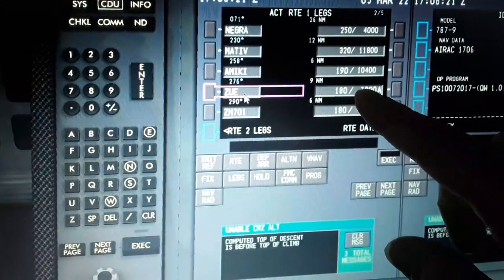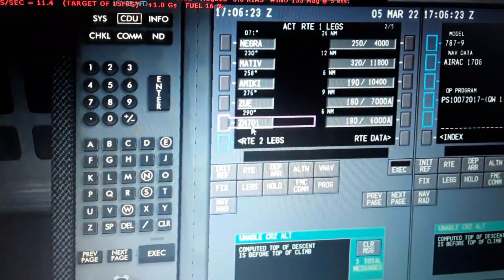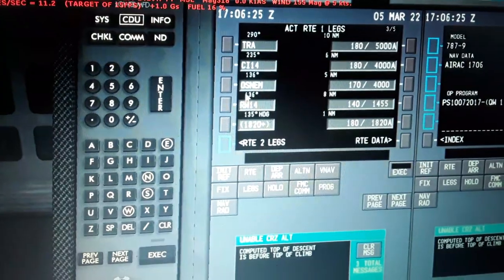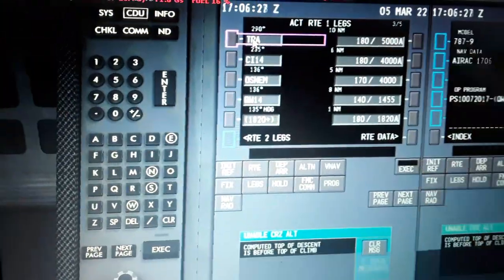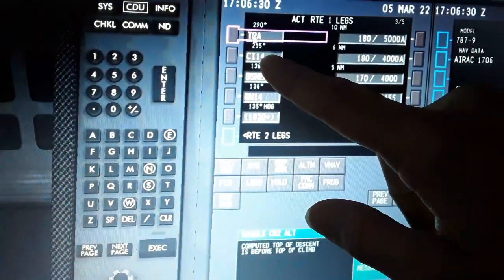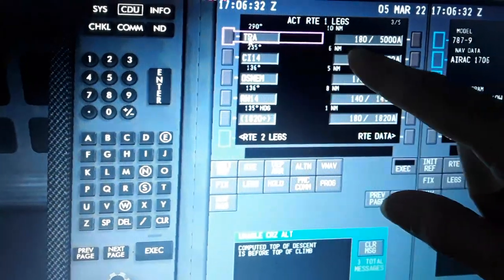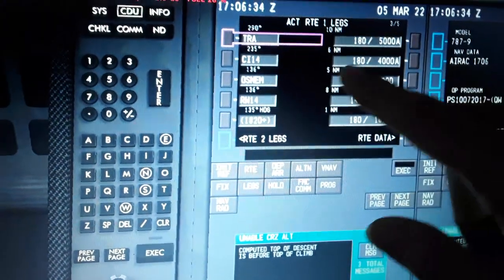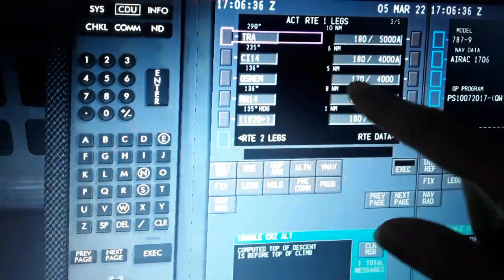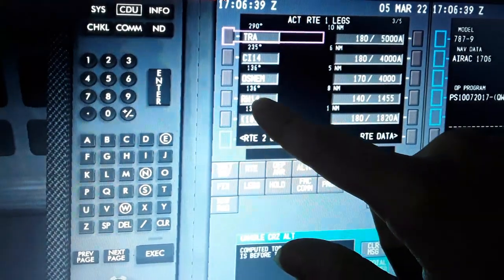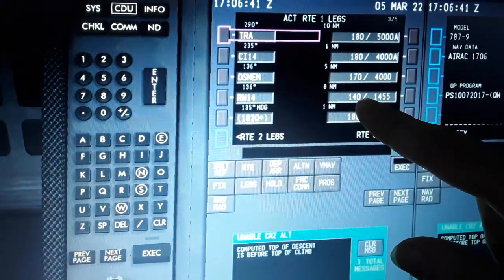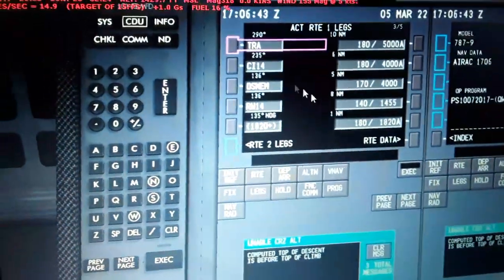Zui, 180 knots, 7,000, alpha. Z8701, TRA, 180 knots, 5,000, alpha. CI, 180 knots. We have the approach to the stars, 4,000, alpha. Osnem, 170 knots, 4,000, 5 nautical miles, 136 degrees. We're aligned with the runway, 8 nautical miles, 140 knots,